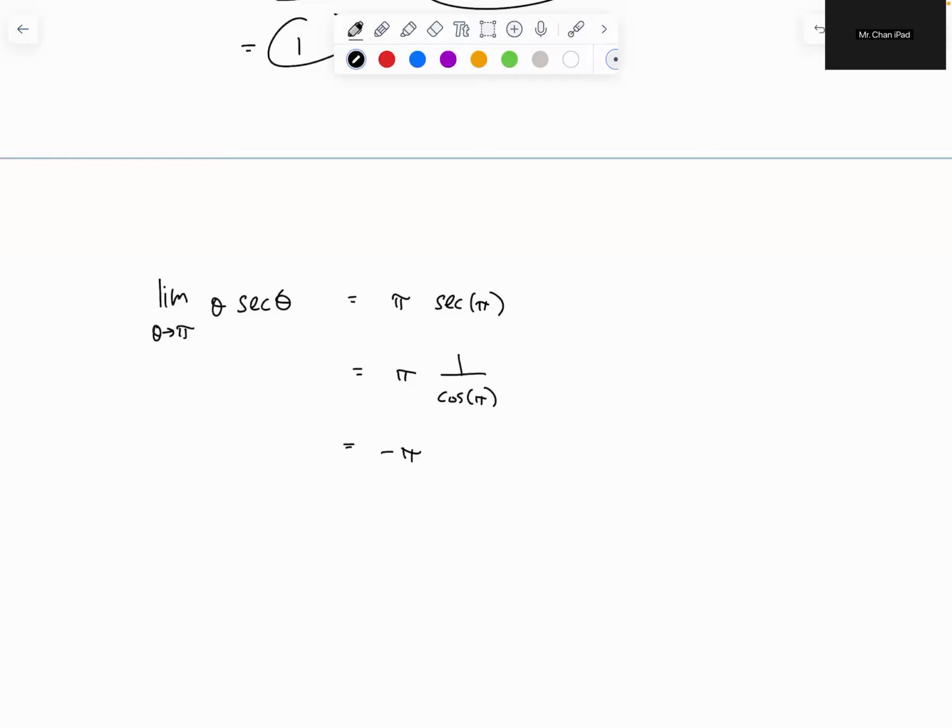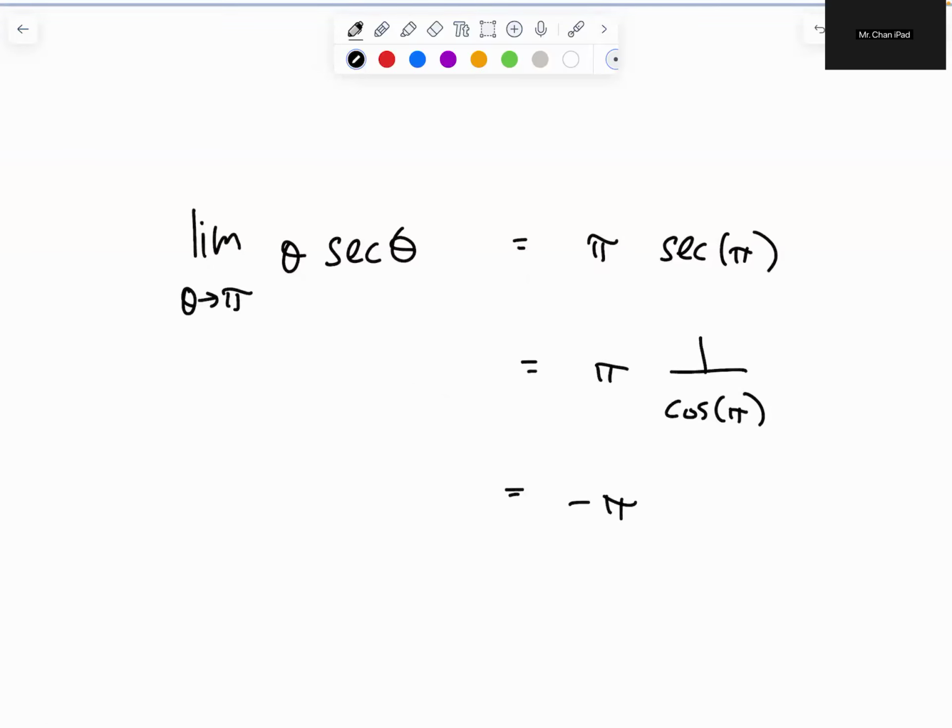Done. Right? But there are students who looked at this and say, wow, I got a trig function. I freaked out. I don't know what to do. It doesn't resemble anything like sine x over x. It doesn't have to be. Sometimes it's as simple as just plugging in numbers. So do not have any presumption that it's going to be complicated. You start off with the most direct approach, which is straight up substitution. If something turns out to be weird, like 0 over 0, then and only then you start thinking about, is it something else? But before you see anything weird,